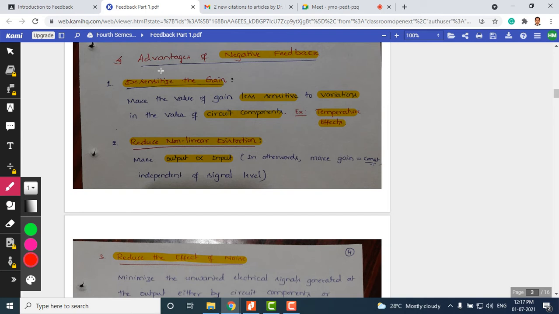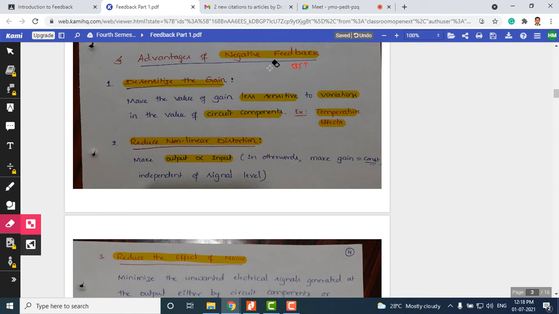What do we mean by desensitize? We are already aware of the definition called sensitivity. Sensitivity means that even for a small variation the input, the output is going to change a lot. But here, let us look at the gain if we are focusing on a common source amplifier. The gain of this amplifier is sensitive to many parameters, like whether it is BJT based or FET based. Since it is a common source, it has to be FET based. It can't be BJT based.